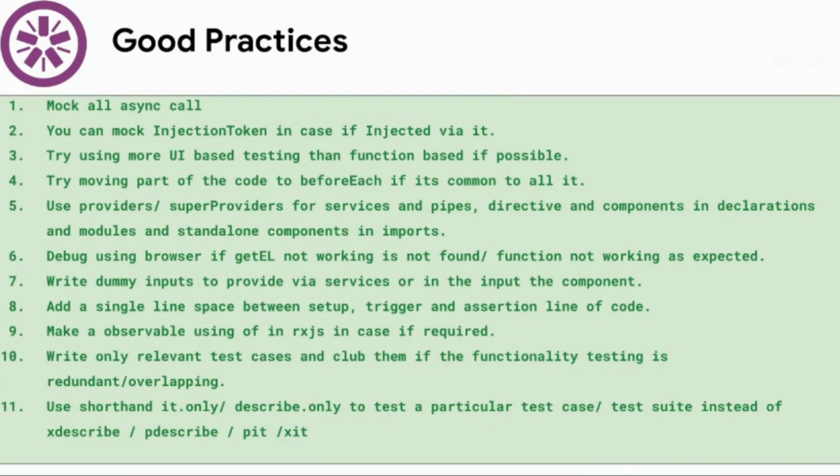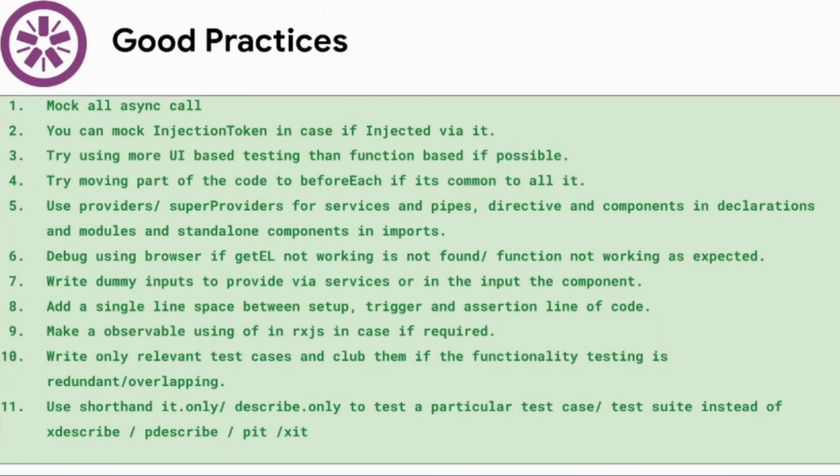So instead, mocking the async call is the best thing you can do. Mock the injection token in case it is injected, like if you use @Inject environment as an injection token. In that case you can mock that injection token directly and write the value as expected.